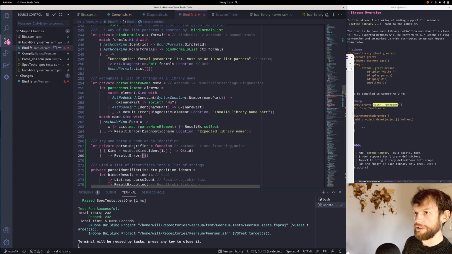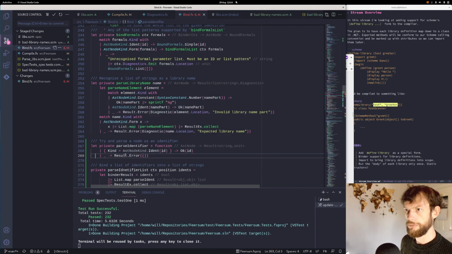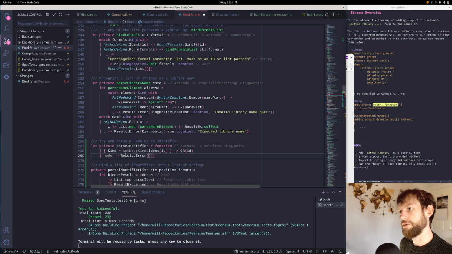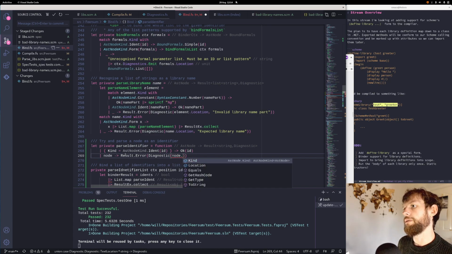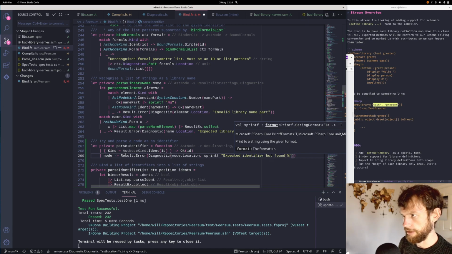Or you can make a diagnostic, because we have the value. Yeah. So we could do diagnostic node location, then